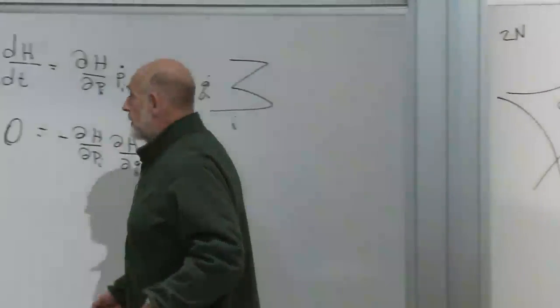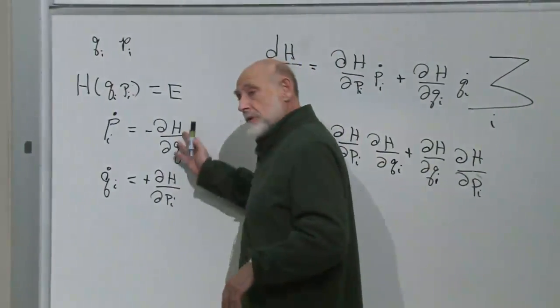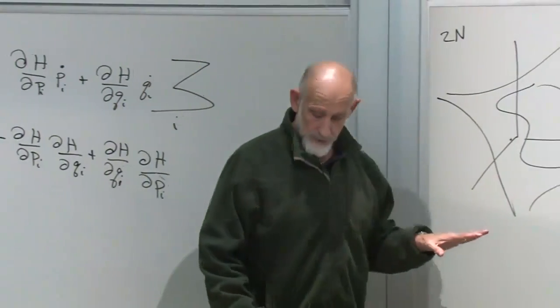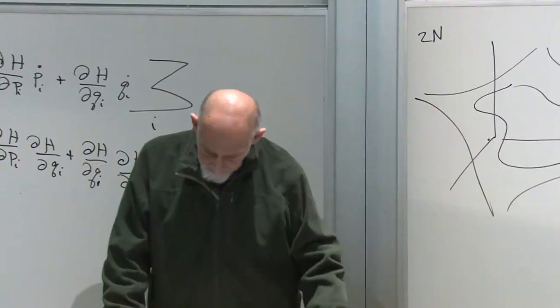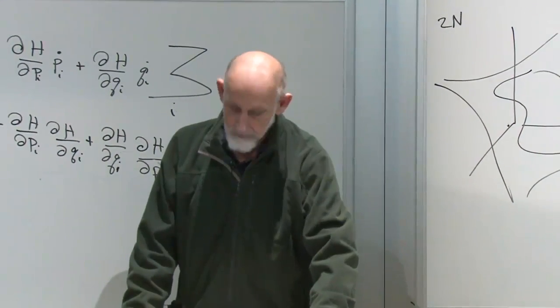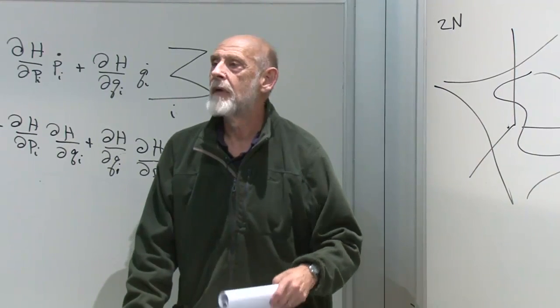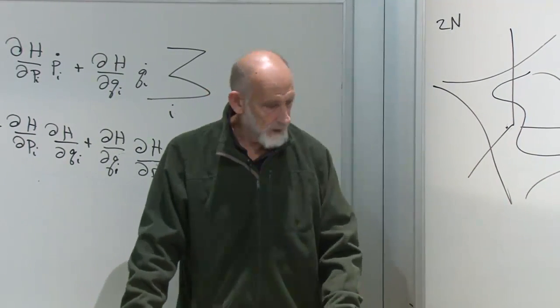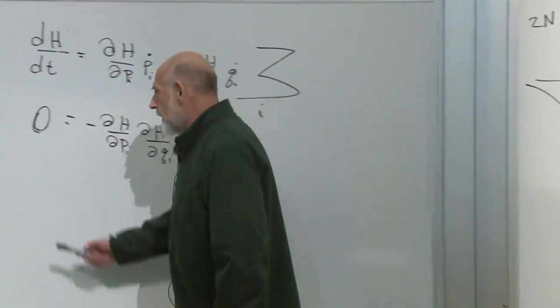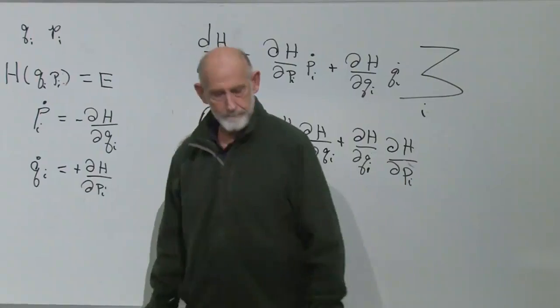That's one of the many consequences of these equations here, that the motion is on a surface like that. The way you present this, there's really no relationship between the P's and Q's. This is just all very axiomatic. Well, it's not that there are no relations. The relations between them are given by these equations. That's right.